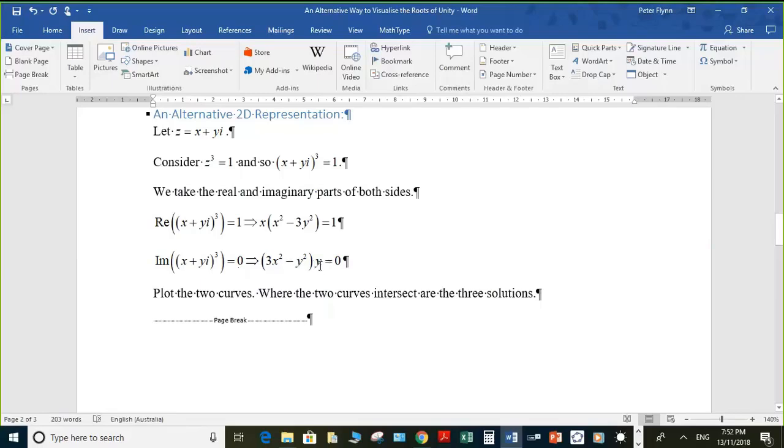What might it look like? By using the null factor law, you can deduce that you should be able to see a y equals 0, or an x-axis part, and you should see 2 straight lines of the form y equals plus or minus root 3x. This one's a little trickier to visualize. So moving back now to the